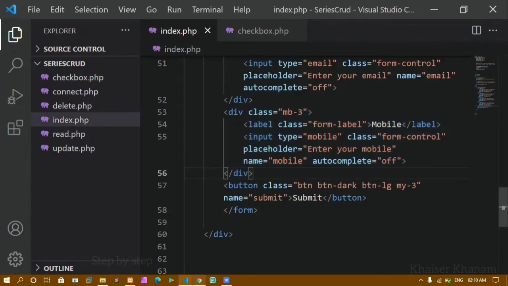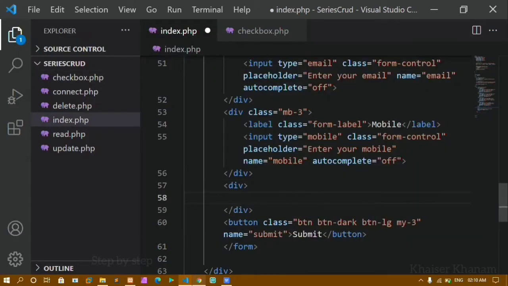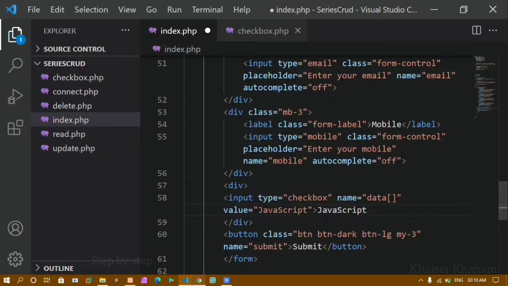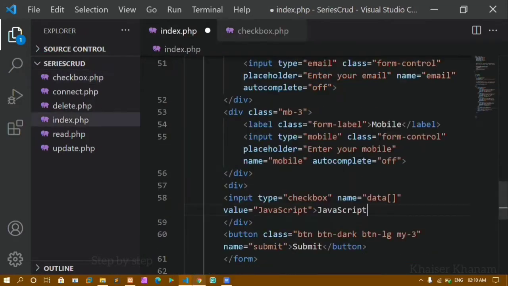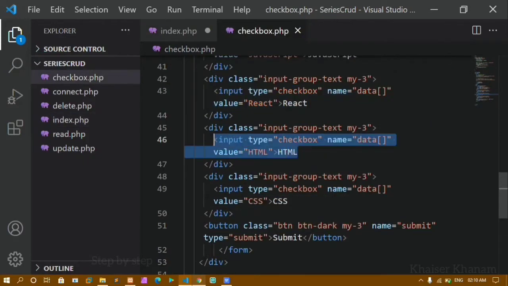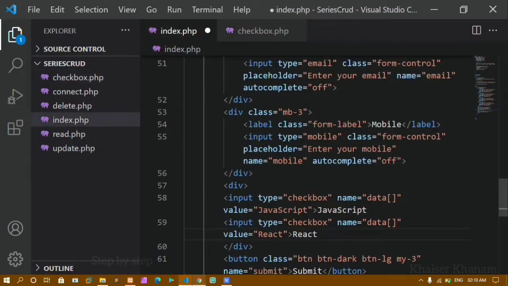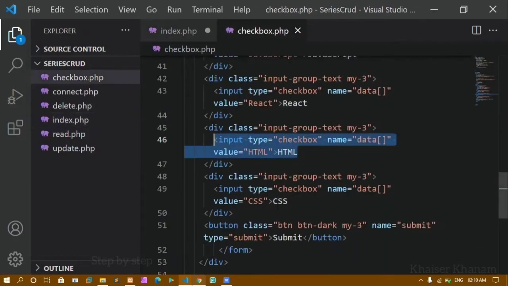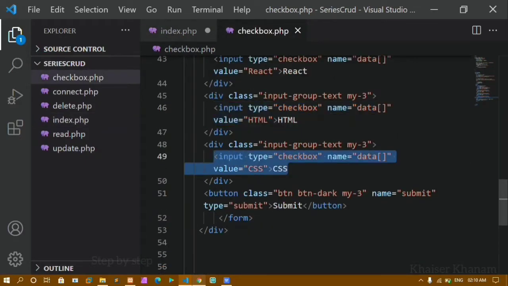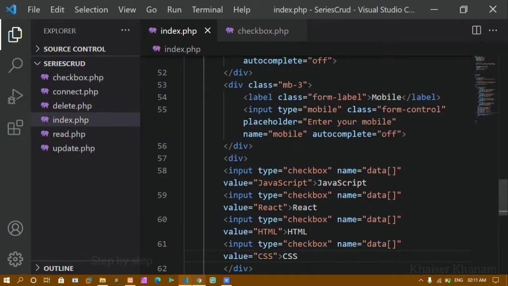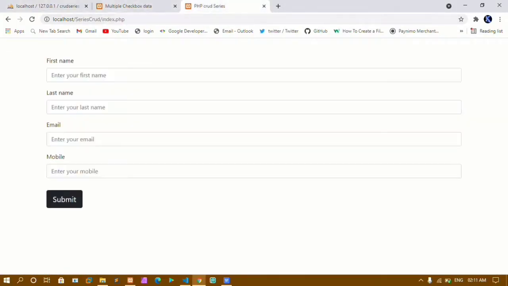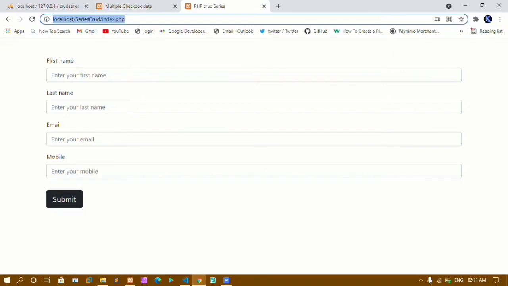and here first I'll create one div, and inside this div I'm going to paste that one. First is my JavaScript, second is this input field. I'll copy this one. We have seen this in our previous tutorial, so I'm not going to type that one. I'll copy this HTML, and here I'll paste that one, and also I'll copy this CSS, and here I'll paste that one. I'll save this. Now if I come to the project, I'll refresh once.